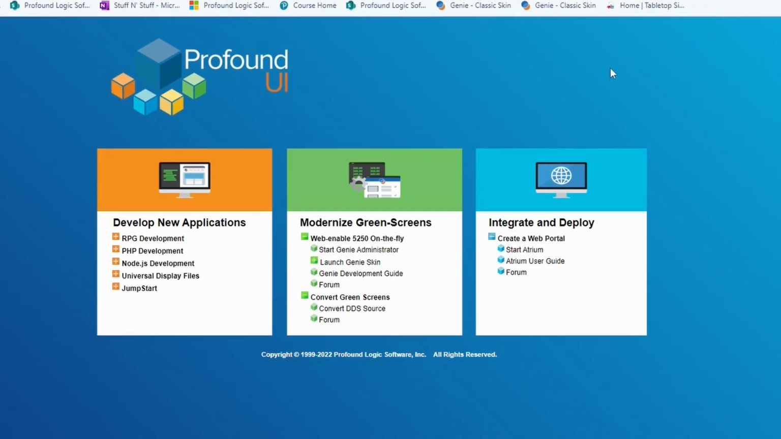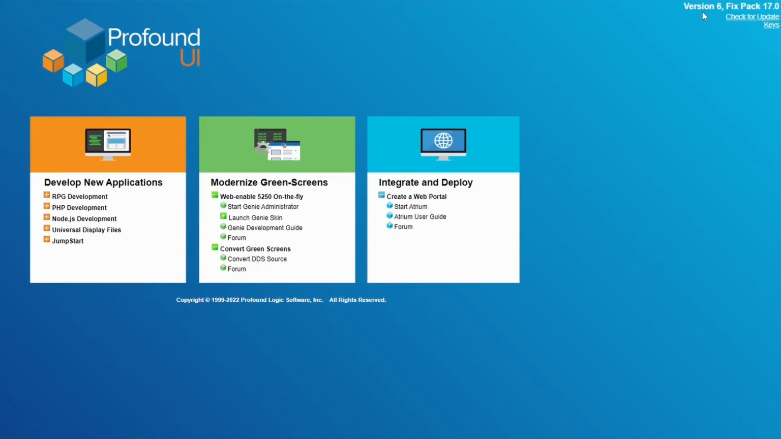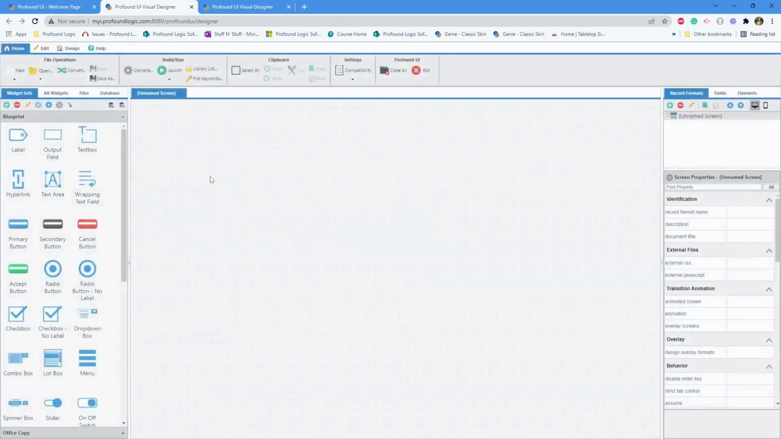myi.profoundlogic.com:8080/profoundui/welcome. You can see the version and fix pack in the upper right hand corner, and then you can launch things like the Visual Designer, Genie, Atrium, all of that right here. I'm just going to start the Visual Designer. This is going to take you to the screen here where you can drag and drop widgets and start building